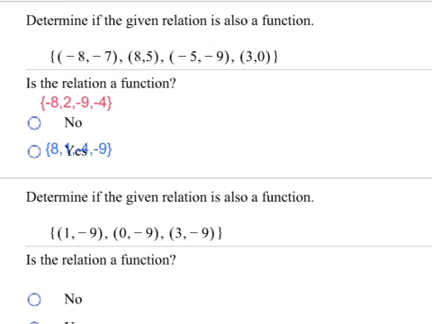In problem 3 on your homework, the question says determine if the given relation is also a function. Is the relation a function? The relation is (-8, -7), (8, 5), (-5, -9), and (3, 0). We want to know if this is a function. Remember in our definition of function that our hint was just to look at the x values, or the inputs, or the domain, and as long as those don't repeat, then it is a function. So this one is a function. You try number 3 and 4 on your homework, and pause the video, and then come back to do number